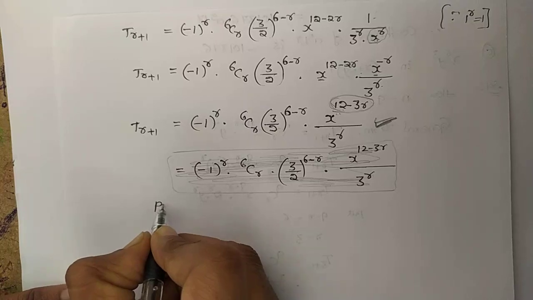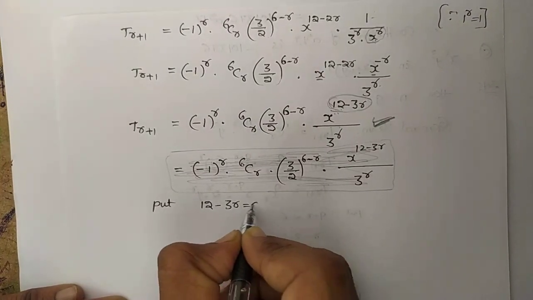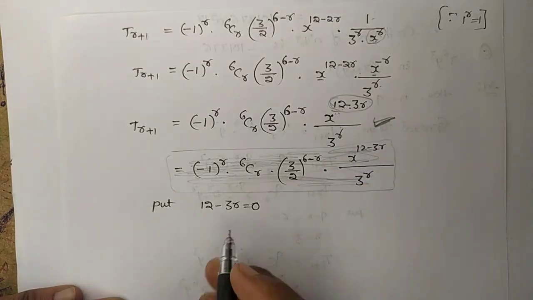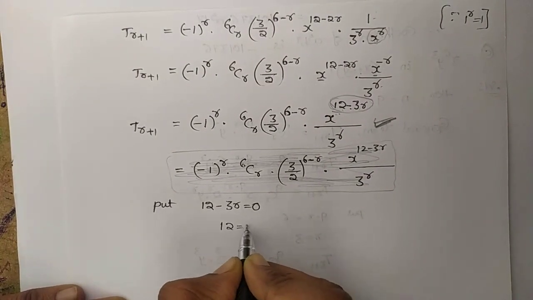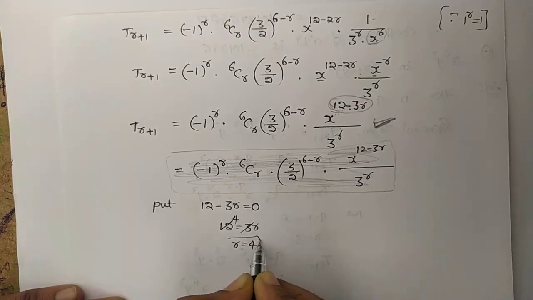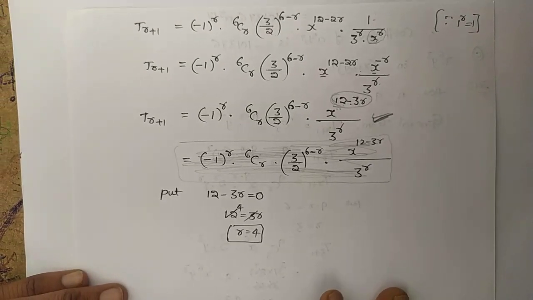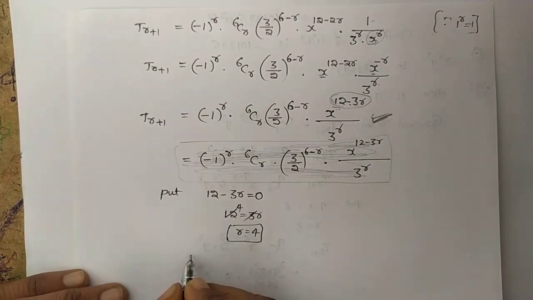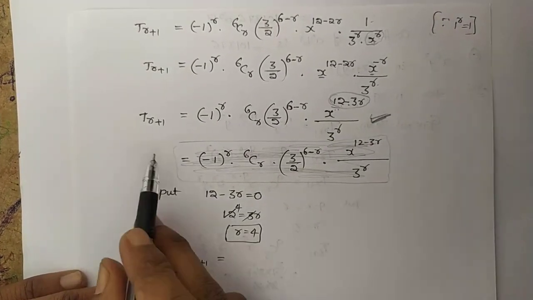Put 12 minus 3r equals 0. Then 12 equals 3r; 3 ones are 3, 3 fours are 12. Then r equals 4. Now you just substitute r equals 4 in the general term. So T(4+1) equals